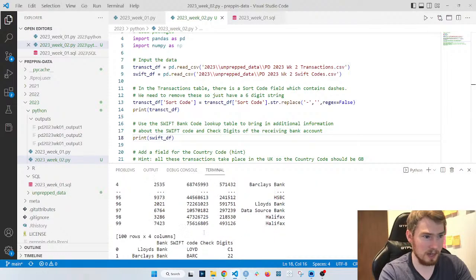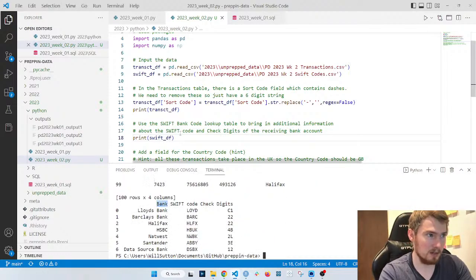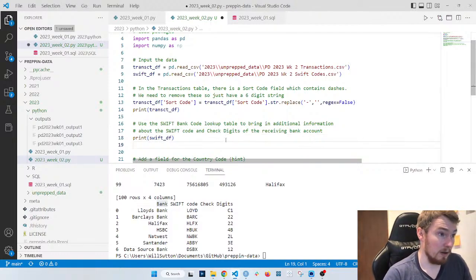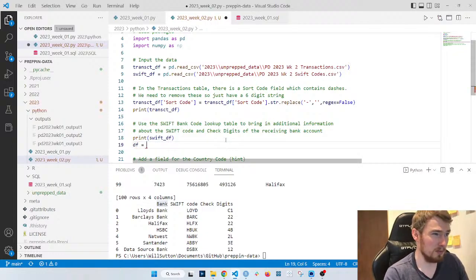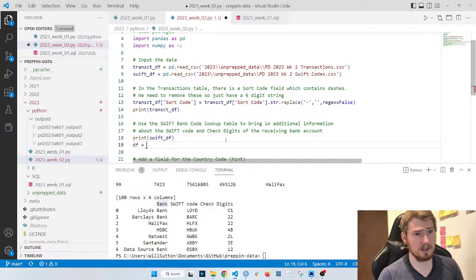So on the actual name of the bank. Okay, so what I can do is create a new data frame. In other languages, you might hear the name join. In Python, I think you can join, but in this case, we're going to use a function called merge.